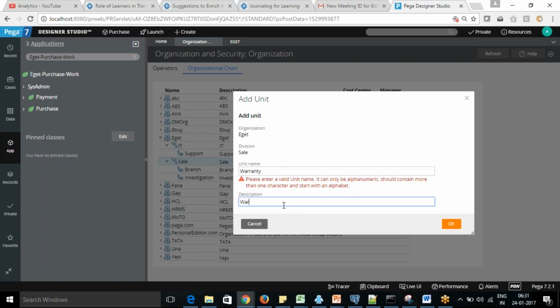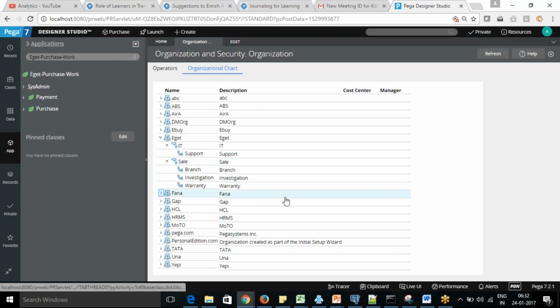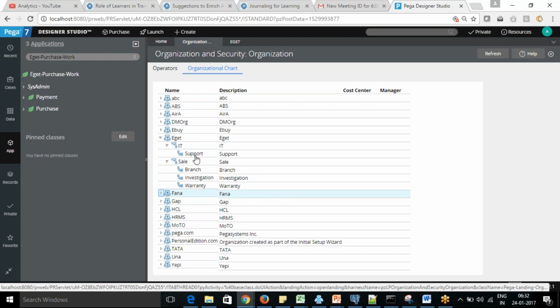There should not be any spaces in the unit name. So you can see, you are able to create multiple divisions, multiple branches within the organization.